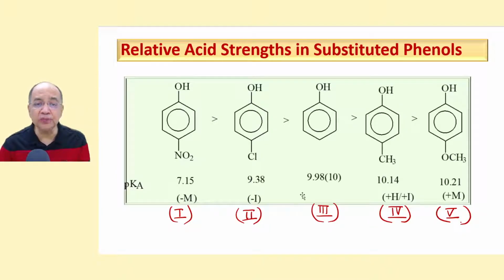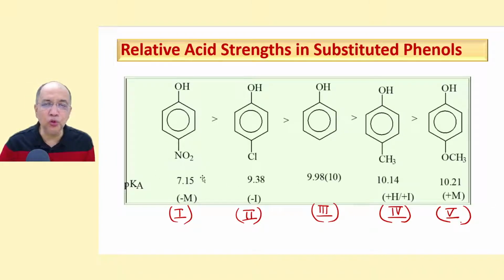And to give you an insight on how the substituents influence the acid strength of phenols, let us start our journey from substituted phenols. I have taken all the para substituents: para-nitro, para-chloro, para-methyl, para-methoxy, without bringing in the substituent effects at the different positions, ortho, para, meta. Without bringing that, we just compare.